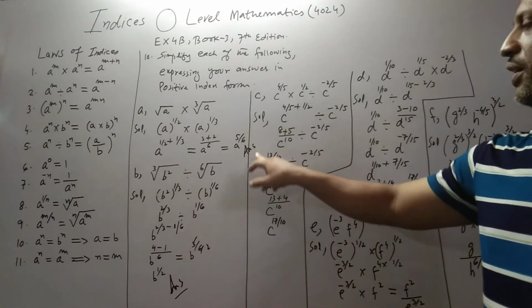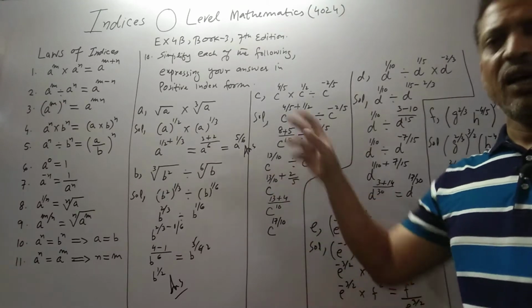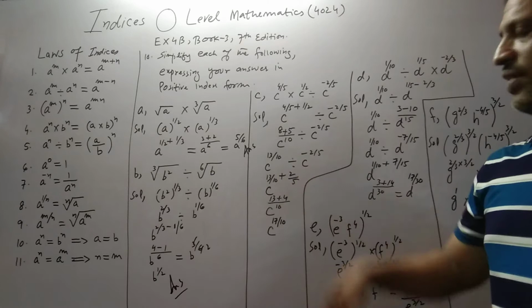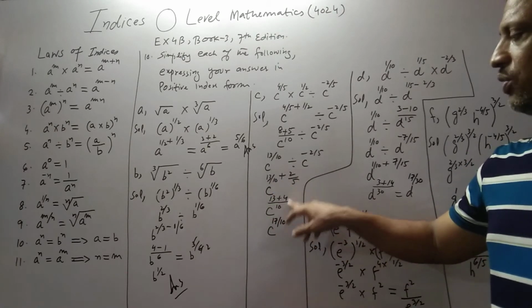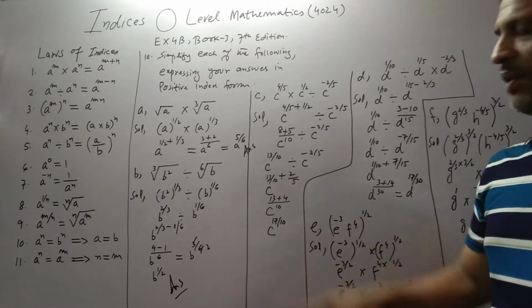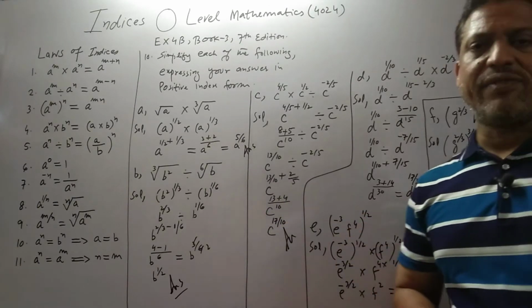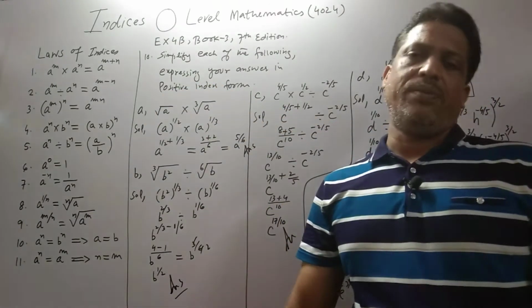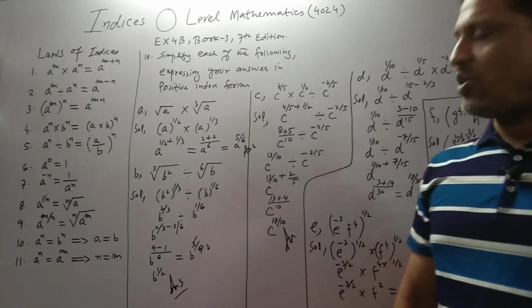Therefore c to the power 13 upon 10, this minus becomes plus when moved to the numerator. So 13 upon 10 plus 2 upon 5. The LCM of 10 and 5 is 10. So this is 13, 5 times 2 is 10, 2 times 4... 13 plus 4, 17 upon 10. And the requirement is fulfilled. Yes, the requirement has been fulfilled because we need positive index form. Our answer should be in positive index form, and 17 upon 10 is positive.